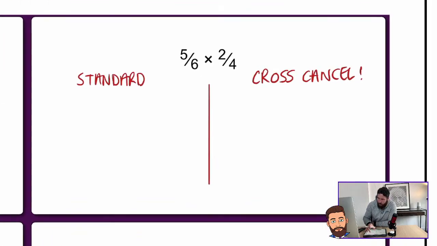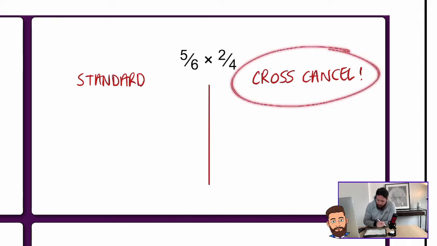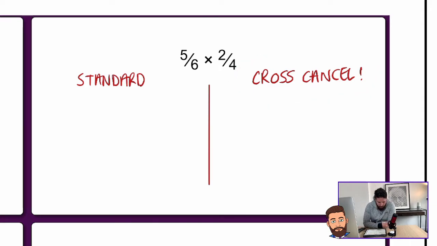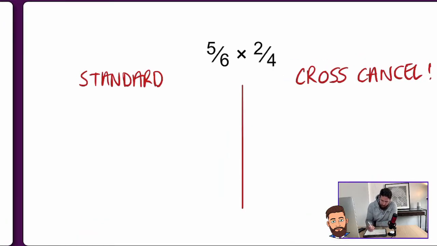This is asking us to multiply two fractions. When multiplying two fractions, they're the best ones, they're the easiest. You just times top by top and bottom by bottom. And what I've got here is two different methods of doing it, because last lesson we looked at how do we cross cancel. So if we look at the standard method where we would simply just times across,